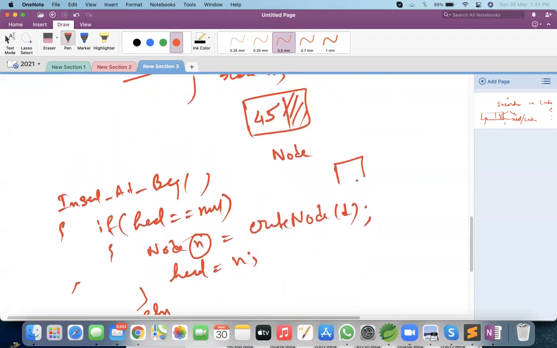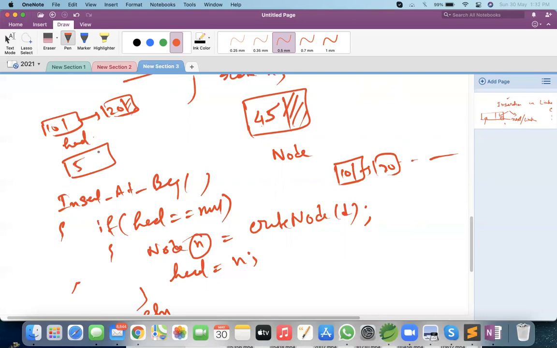So that is what executes if head equals null. Else, when it comes to the else part, we already have a linked list, let us assume 10, 20, already there. Then the code will come to the else part. So how will it work? Let's take an example. Let us assume I have only 2 nodes, and this is currently your head. I want to insert 5.